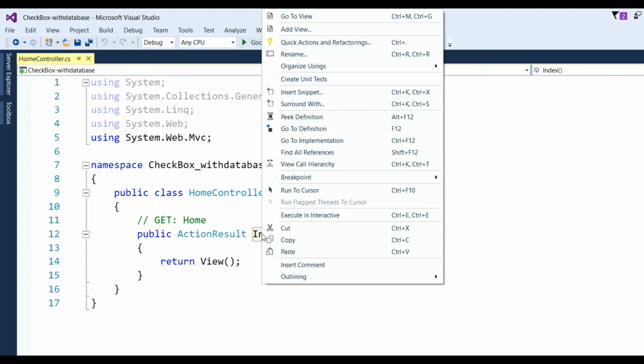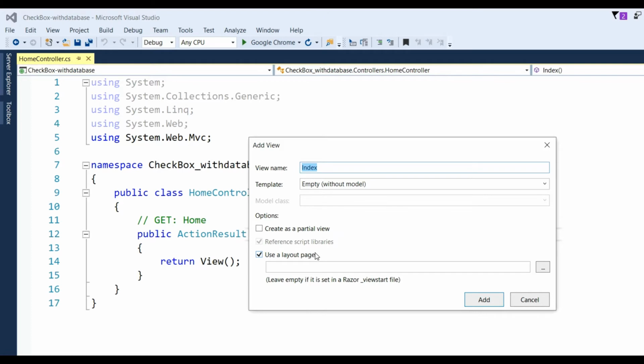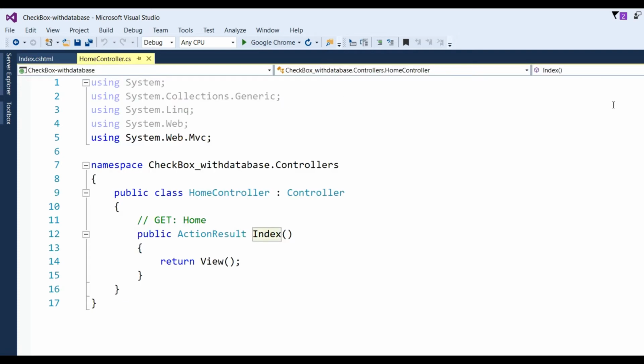Right click on index and add view. Use a layout page. If there is no layout page here, then it will automatically add it. Click on add. See here, our index view has been created for the home controller.